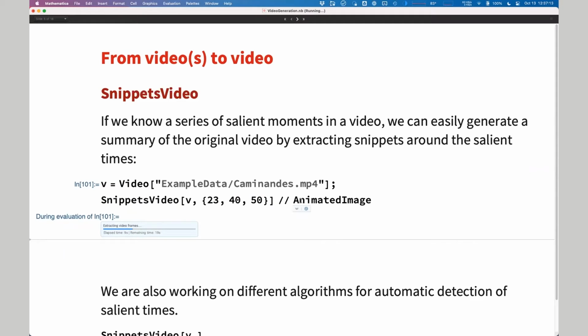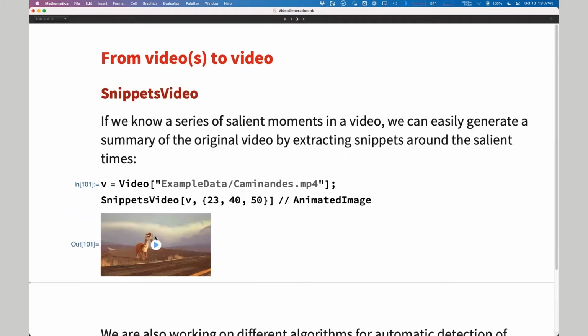By the way, I am wrapping everything in this notebook with AnimatedImage. So the outputs that you see will be actually embedded in the notebook rather than being files that live on my hard drive. And these outputs will play on your machine as well, since they are completely contained within the notebook. So hopefully that will show up. And yeah, the only thing that this did is extract some snippets around these salient times and join them together